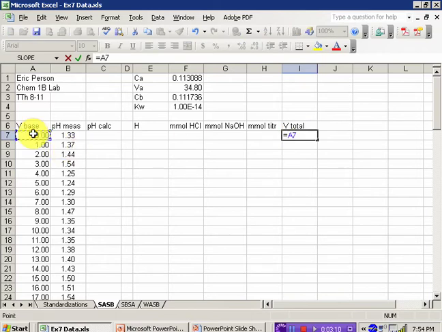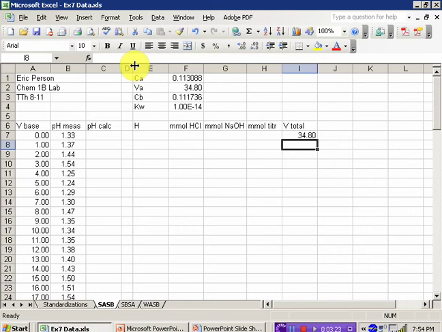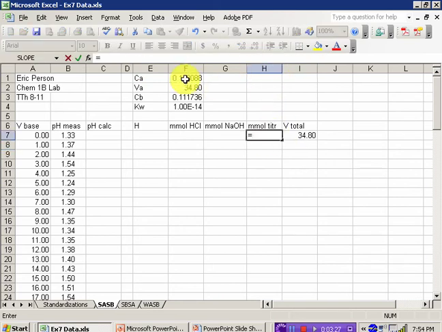It's the volume of base that I've added plus the volume of acid that I started with. And I'm clicking on that volume of acid. I'm going to hit F4 to toggle in these dollar signs up here, and I need that because I want that cell to stay put as I copy it down. The millimoles of titrant